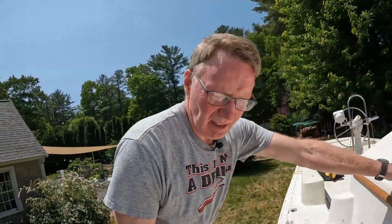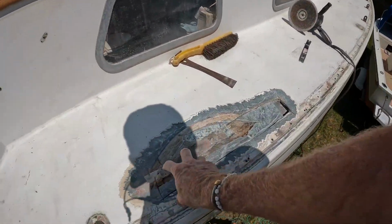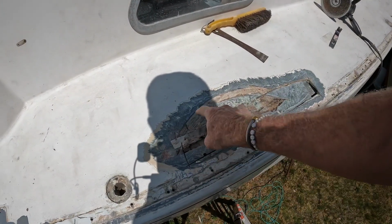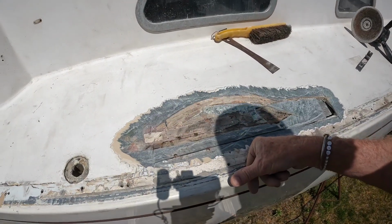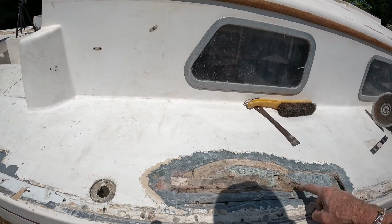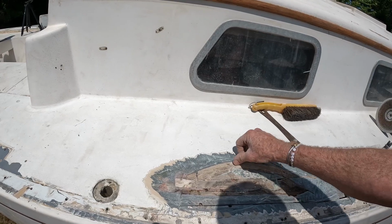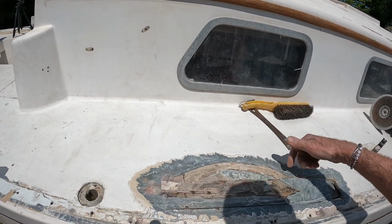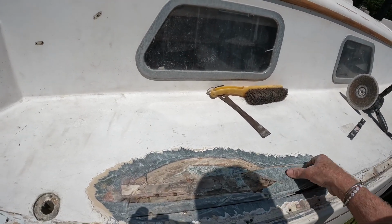Well, I just made a little more work for myself, but it made me feel a whole lot better about what I'm dealing with here. So, this was where the stanchion was mounted, and it was all broken up, and it was very punky and made me very nervous about what was going on within the deck. So, I cut a lot away. I found some moisture in the balsa core, and I got back to solid balsa core. Found a little bit of weeping in here and was unsure about that, so I cut this chunk of deck